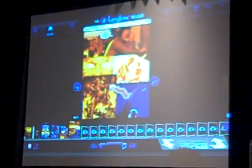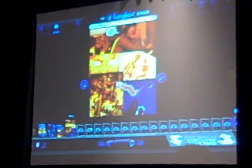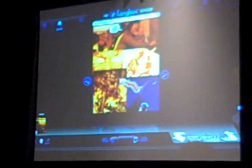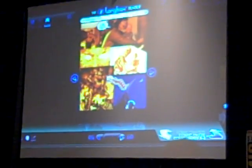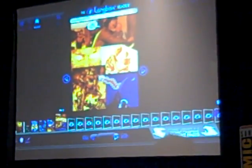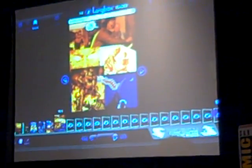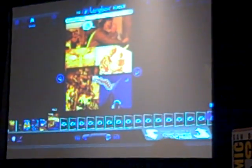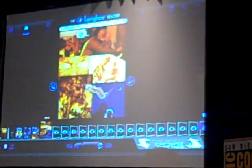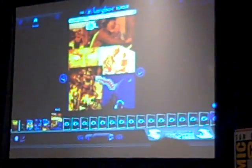So the Quick Nav Shelf lets you see all of the pages for the comic in visual context. It also lets you go up and browse at the chapter level or the book level. So if you've purchased a collection, say for instance, you've got a storyline collection, the equivalent of a digital trade paperback, you can go up and browse at the chapter level, or if you've got a series of trade collections, you can go up and browse at the trade level. But the suggestion that came up was we demonstrated this at